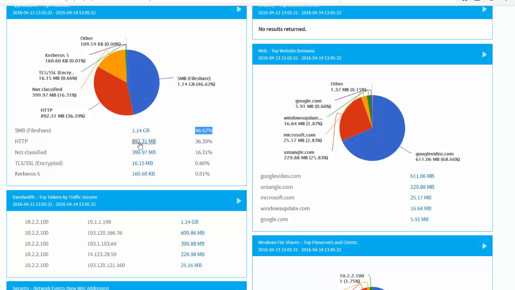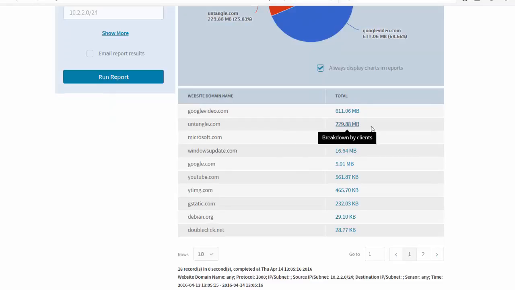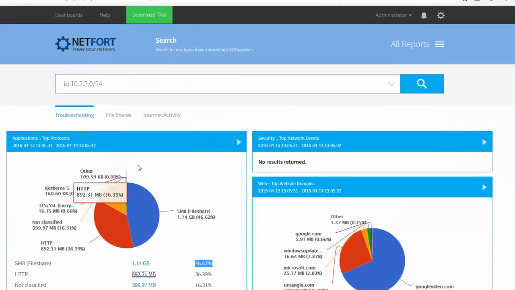Take a quick look at the HTTP traffic. Is there anything unusual in here? Well, a lot of Google videos that I've associated with YouTube. We also have some Windows Update downloads, but we certainly may want to tackle the usage of YouTube, and get users to access that outside of normal business hours. So that's another potential fix there. So I don't see a requirement to upgrade my link, but I do see some user behavior that I need